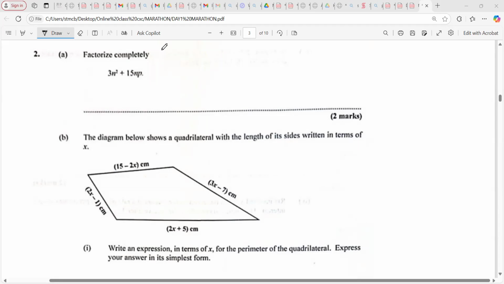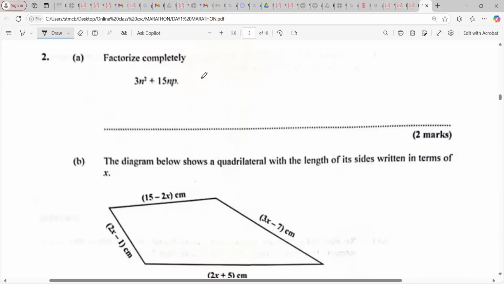So you're going to take out the highest common factor, which is 3. When you look at the 3 and the 15, the highest number that can divide into both of them would be 3. So you take out the 3, and then n is common, so we take out n, close the bracket, and then now we divide the 3n squared